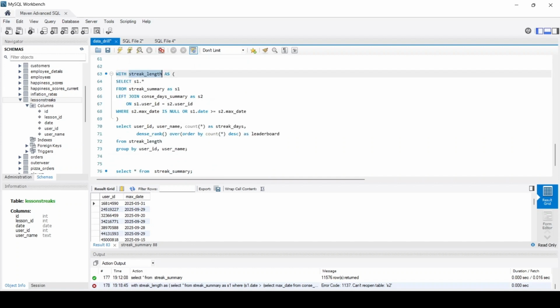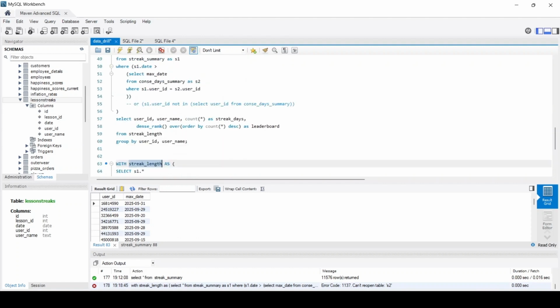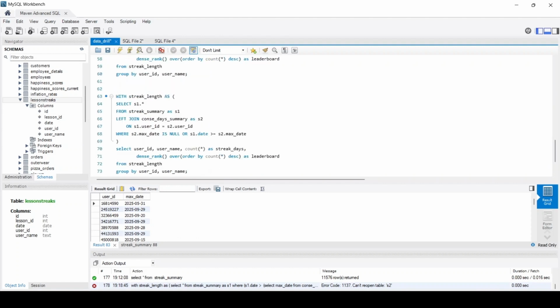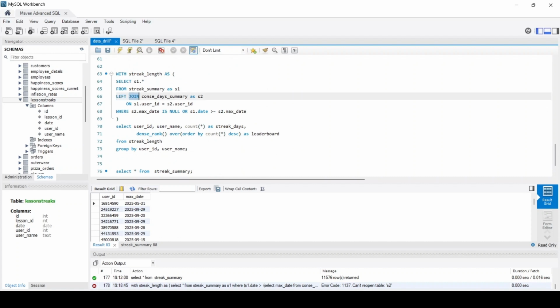So we have created a CTE named streak length. What this is doing is, instead of going to a filtering condition from here, I've utilized a left join here. So it's joining the summary table with the consecutive day summary table, again giving them aliases. It's a left join, which means we'll be taking all rows from the S1 table and the common ones from S2. The join condition again is the user ID. Now this is the important part, the filtering condition, because we know that in the execution itself, the join condition is performed before the where. So once it has joined both the tables,